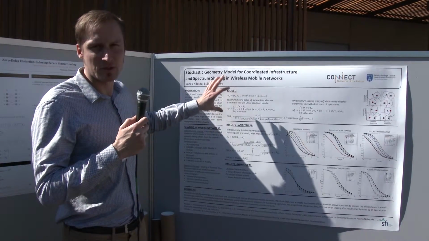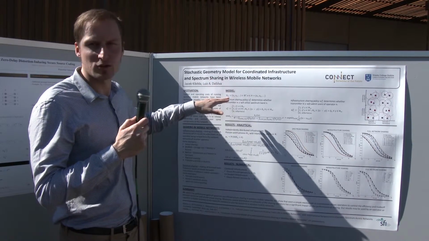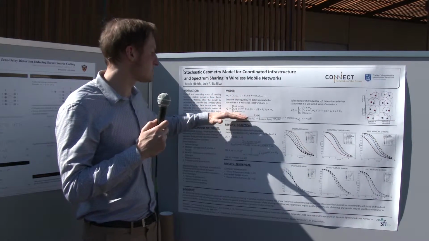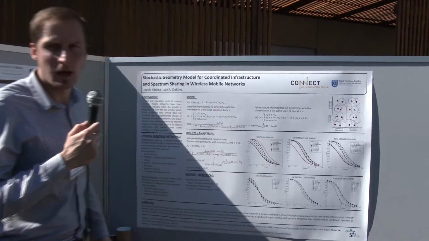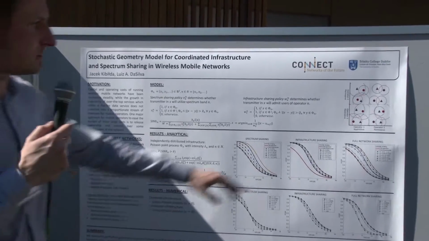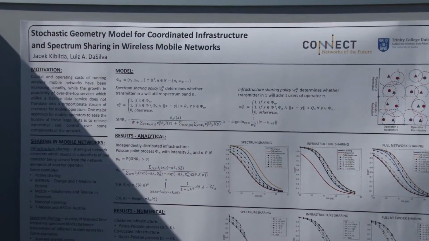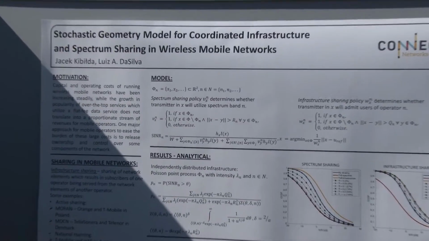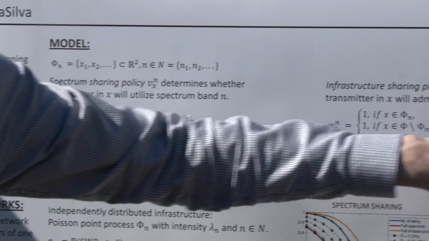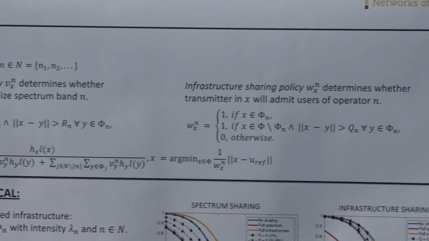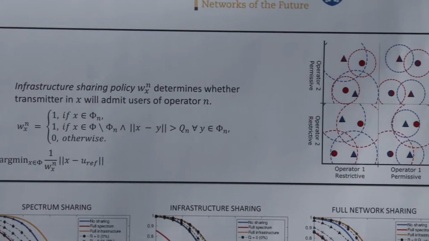So we can translate the deployments of different operators into a stochastic model of allocations of transmitters and apply different types of policies to spectrum and the infrastructure. The policies that we are using are based on the idea of exclusion zones. So depending on the willingness of operators or the regulatory framework that there may be, the operators create exclusion zones around the transmitters where their resources may be shared, or outside of which their resources will be or may be shared.